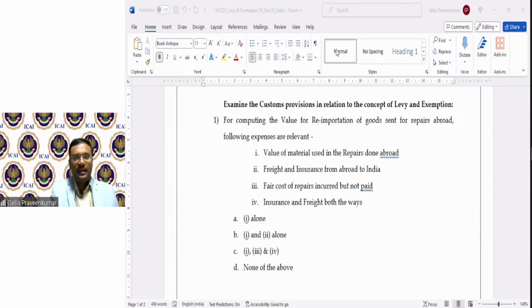I could see a couple of answers. Shailesh says A, Mansa says B. Please refer to your institute material.